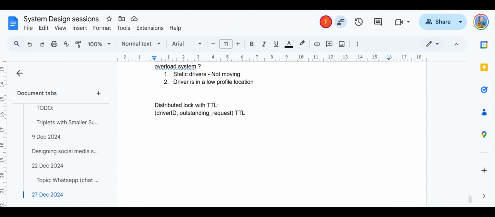So using this, we don't have to really take care of deleting the request, and once the TTL is over, it means the driver ID will be removed from the Redis, and this driver is available to be sent the request again. So this expiration is automatically supported by Redis, and this ride matching service can start sending a new request to this driver again.